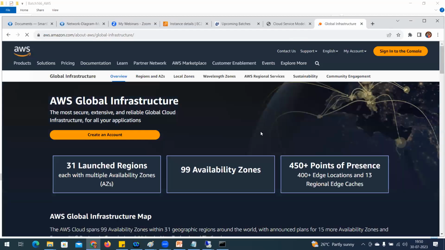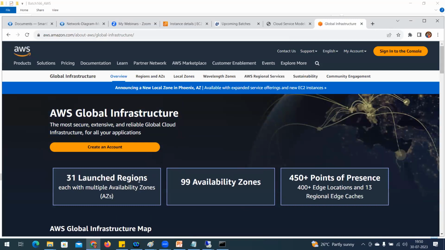This is typical, see here, 31 regions. What is a region? A region is nothing but a specific country where the provider, Amazon, has a data center. That is 31 regions where they have a presence, data centers. What are availability zones? For each country, it is going to have 2 or more isolated availability zones. As soon as you create any application or any service you choose, it is going to replicate between 2 zones by default, with a different isolated zone.